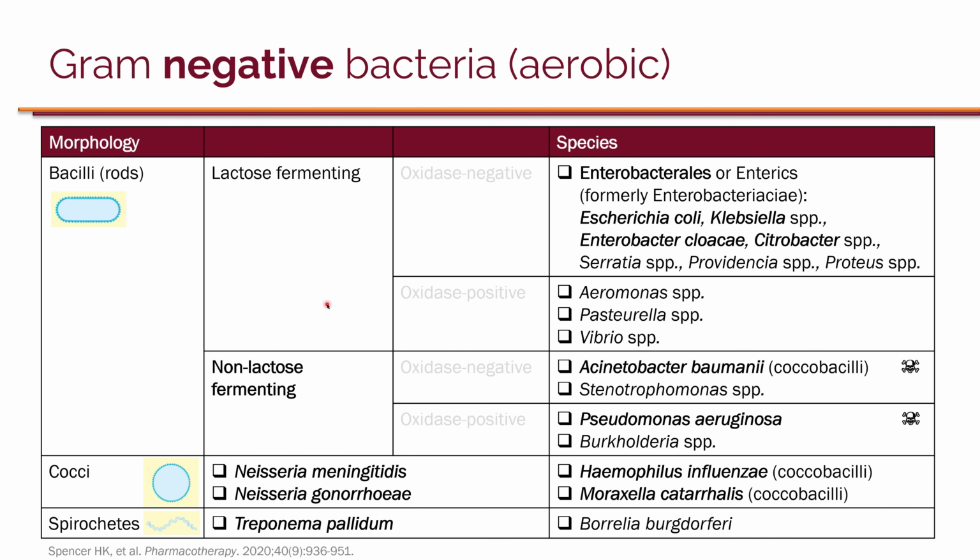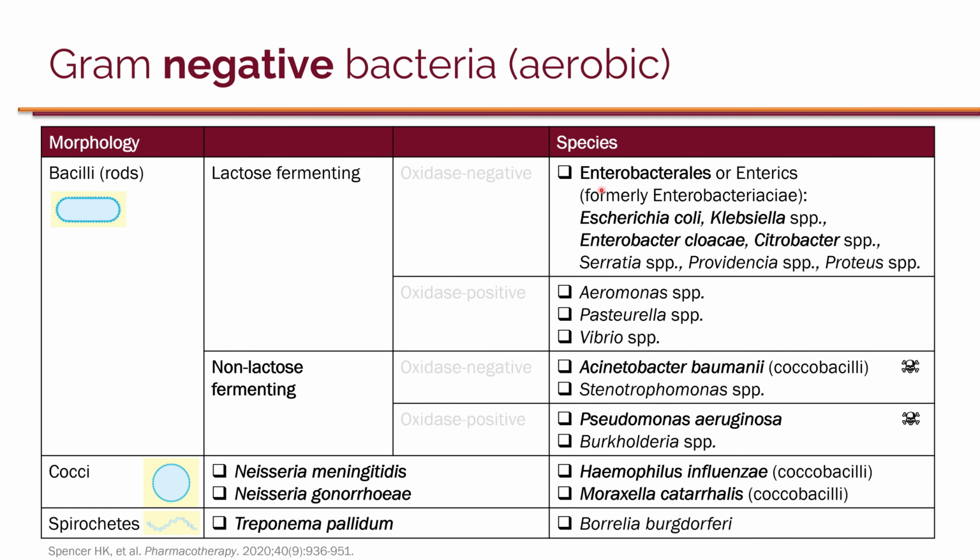Now let's take a look at gram-negative bacteria, focusing on aerobic organisms first. When you look at the morphology under the microscope, first we're going to look at the bacilli. These are bacteria that look like rods under the microscope. And it is clinically helpful to break this into lactose fermenting organisms and non-lactose fermenting organisms. So specifically for lactose fermenters, we have